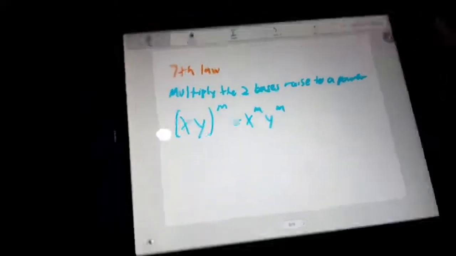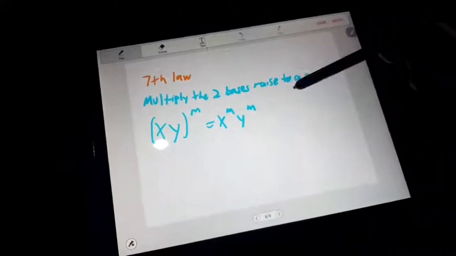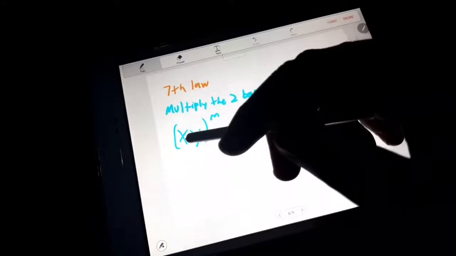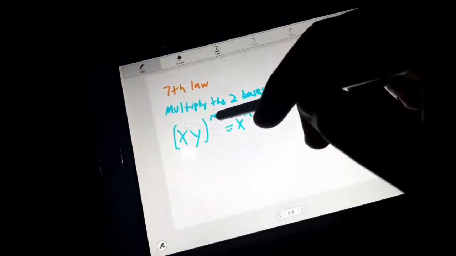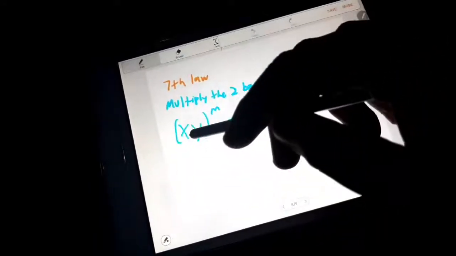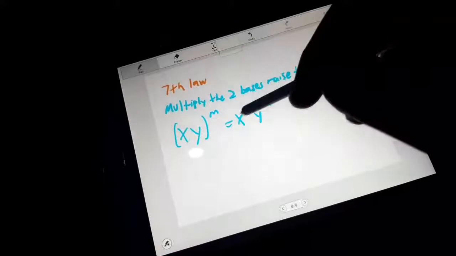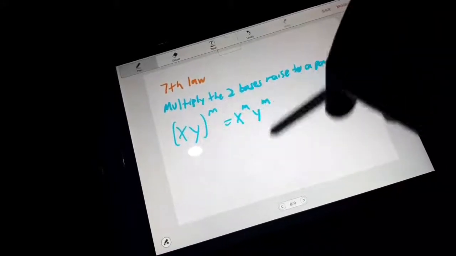Next naman po, the 7th law is multiply the two bases raised to a power. So, for example, magdi-distribute lang po ang mga base dahil sa exponent dito. So, x times y sa parenthesis na yan raised to m. So, equals x raised to m and then times y raised to m. Or, kung gusto mo, maging simple,